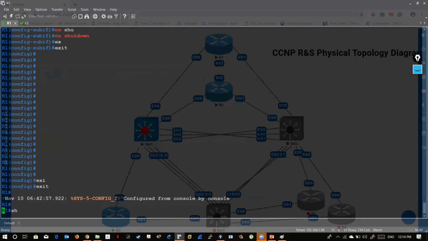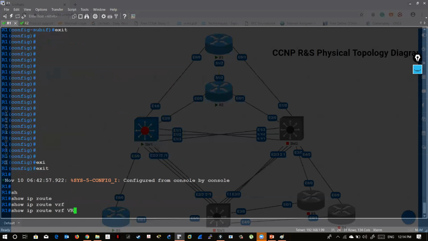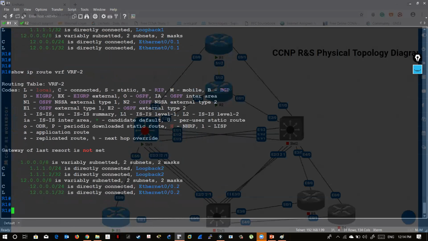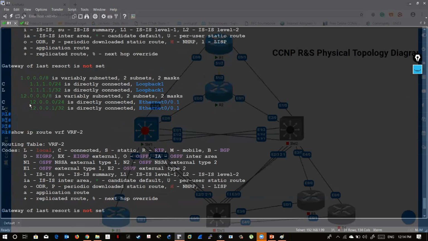Same thing here. We are having the same network on two different VRFs,